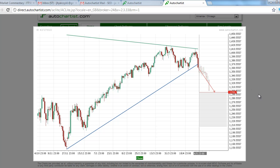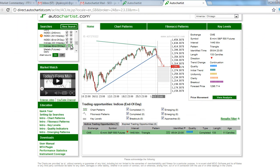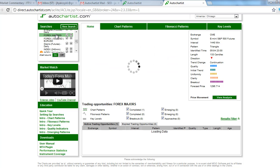Now, another market to watch is the currency markets. We've had sharp sell-offs in all the major currencies, showing that the dollar is strong at this time as traders liquidate their positions and seek some protection. So if we go to the Forex majors and take a look at what's developing there,